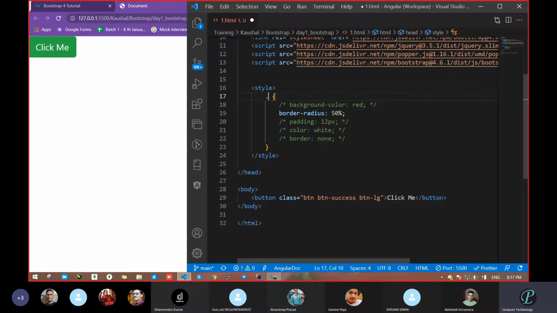So we will not take a Bootstrap class for our style. Got my point? As btn is there, don't take btn here. If you want to increase the style, see what the effect is. We got a 50% radius, but we will not take a Bootstrap class. We will take our own predefined class, our own style name, anything we can take.